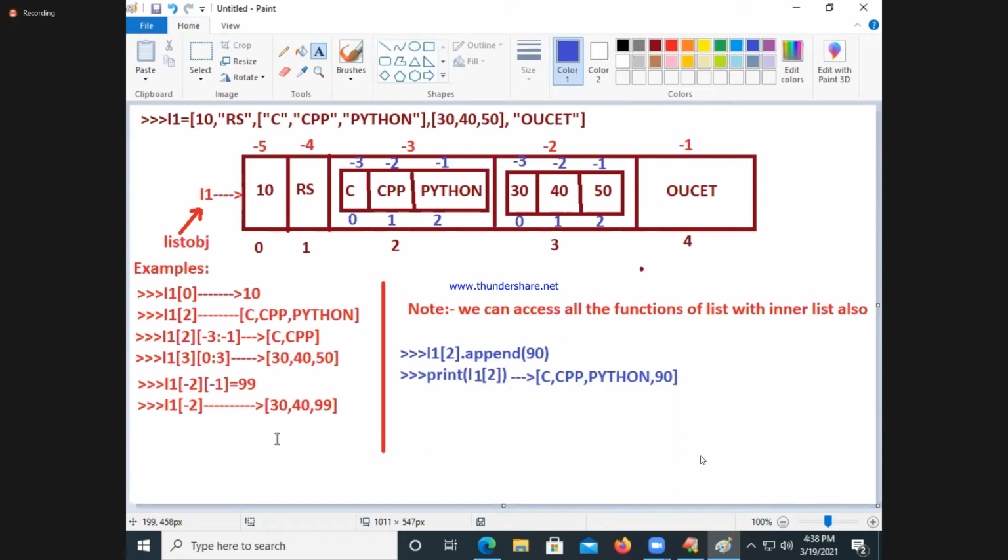So now list is over with all functions over, inner list also over. We did all. Now we are ready to go for tuple.